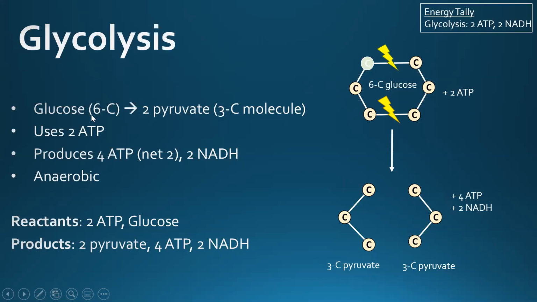Okay, you're using 2 ATP. You produce 4 ATP, but you've already used 2, so that means the net production is 2 ATP. Okay, you're also producing 2 NADH,